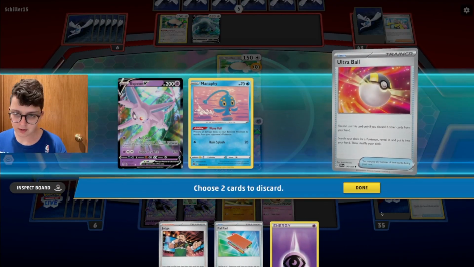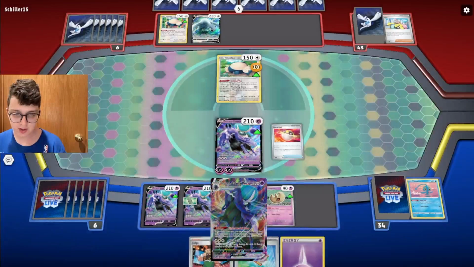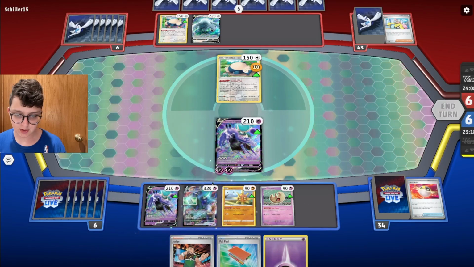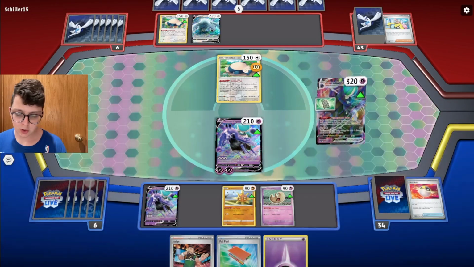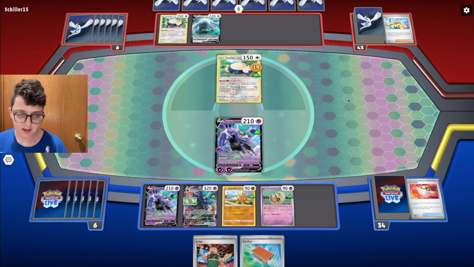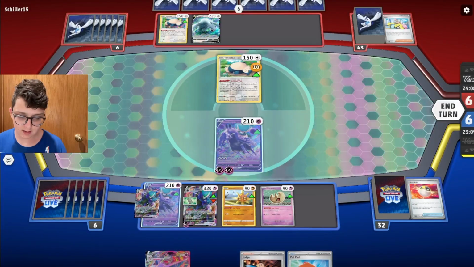The thing is, Shadow Rider is a fairly slow deck. So we have to sort of build up to those big one-shots. We definitely have to be afraid of Drapion in this matchup. So let's Underworld Door. Let's drop it on the Calyrex VMAX. Another Calyrex, but we did not find...